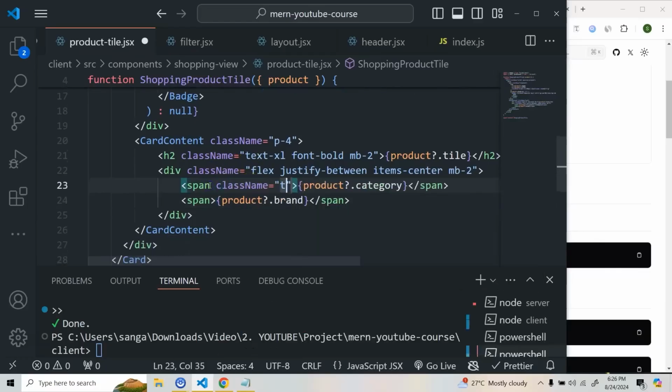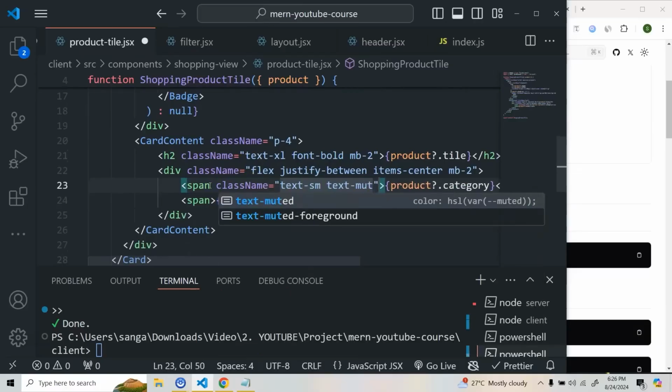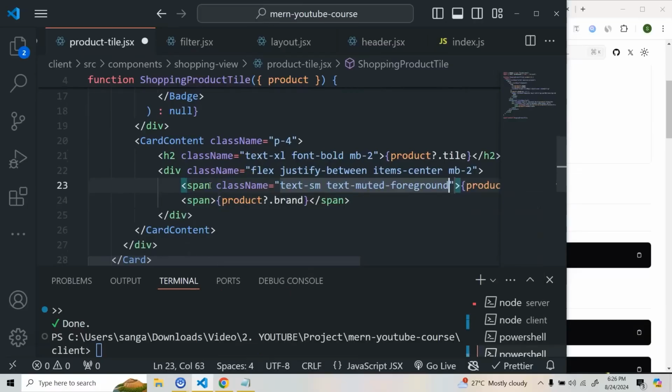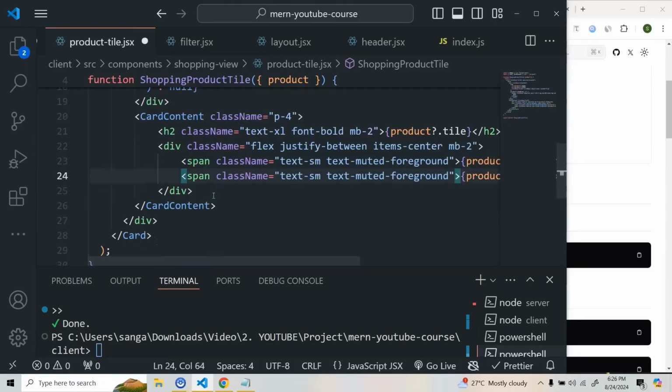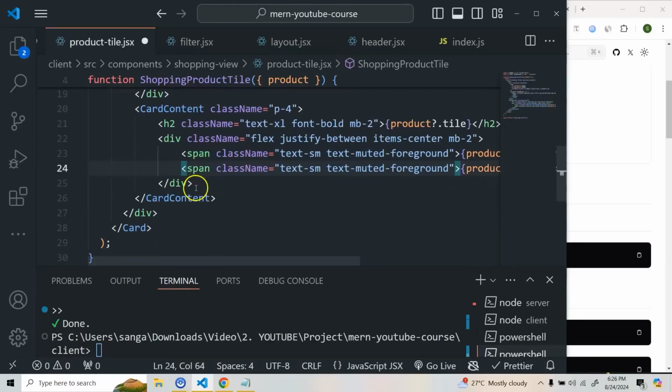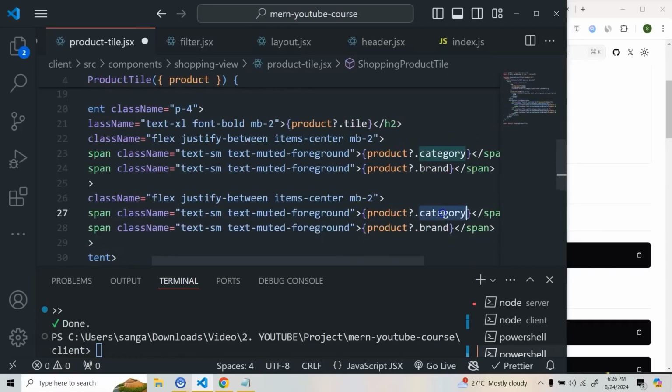Let's take a class name. We'll do text-sm. We'll do text-muted-foreground, and we'll use the same. Okay, I think this is fine. Now after this we will take the similar structure and we'll render the price. So we'll do price here,